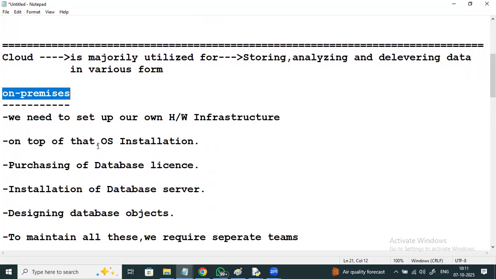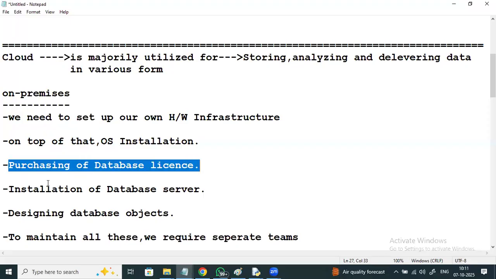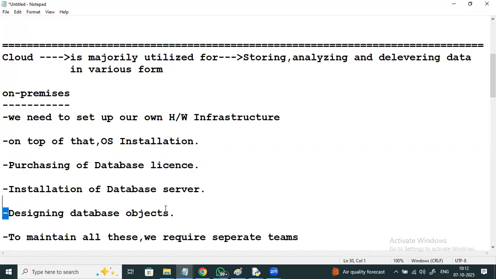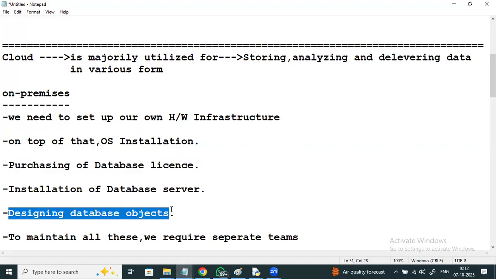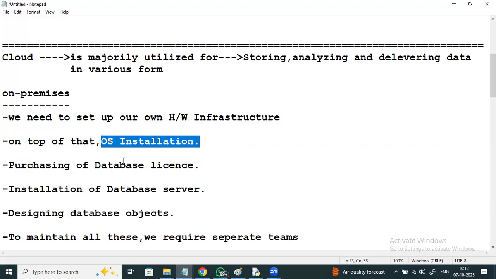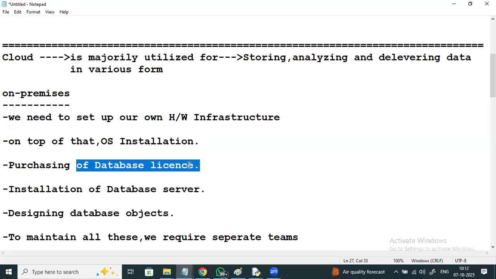On top of that, OS installation has to be done, database licenses purchased, database servers installed, and database objects like databases, tables, and volumes designed.